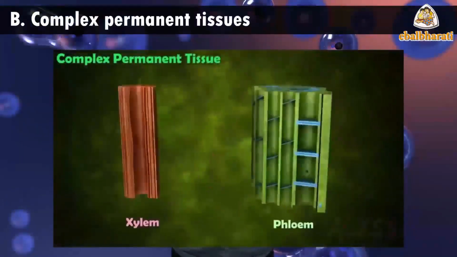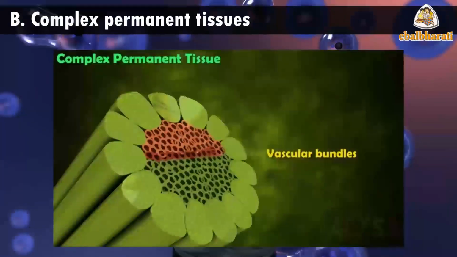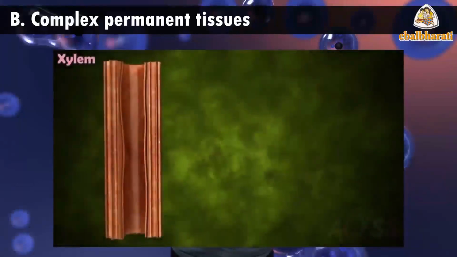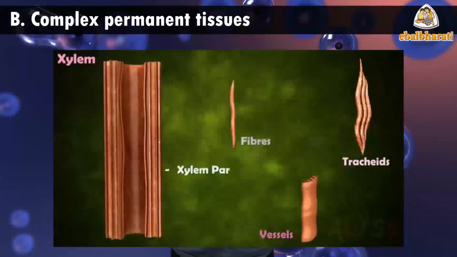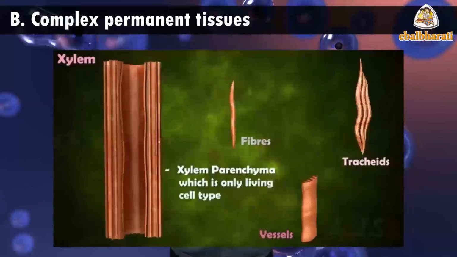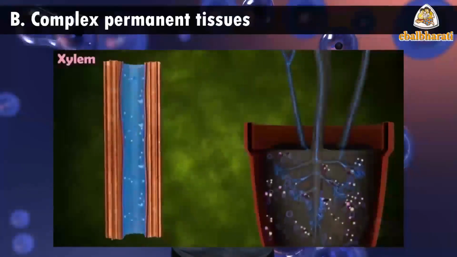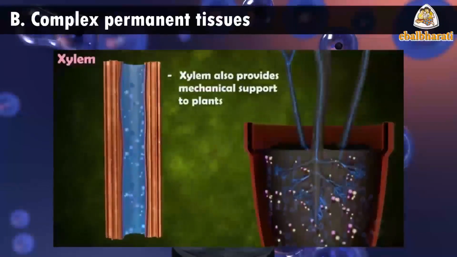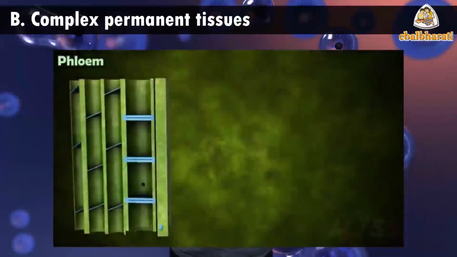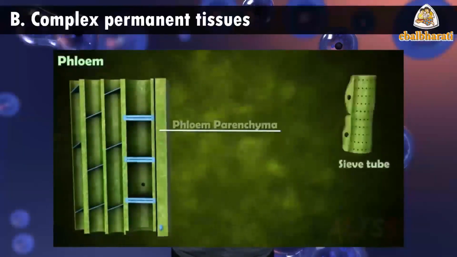Complex permanent tissues. First, xylem. It is a dead complex tissue. Components of xylem are tracheids, vessels, xylem parenchyma and xylem fibers. Figure 8.6 denotes xylem tissues and vascular bundles. Xylem tissue: perforation plates, fiber, vessel member, tracheids. Vascular bundle: crushed phloem, companion cell, xylem parenchyma, protoxylem, metaxylem, protoxylem cavity.